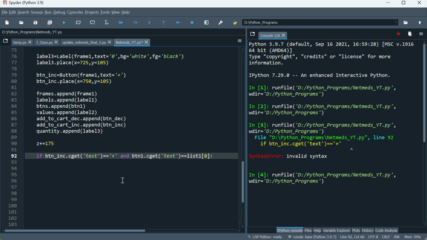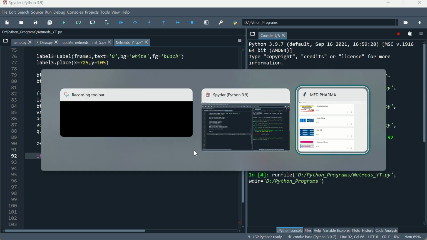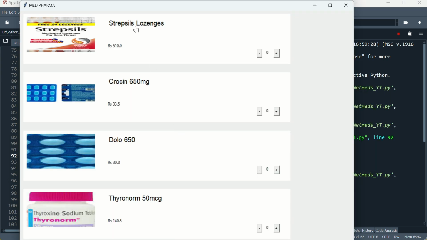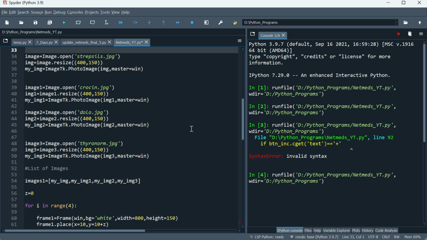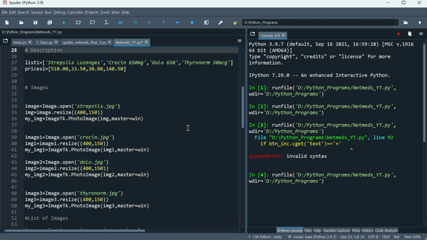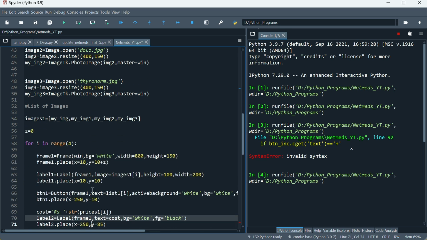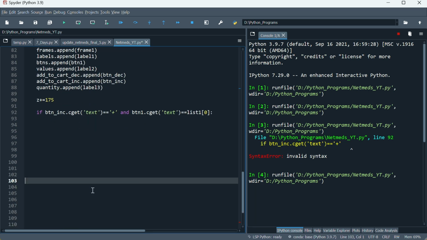So it is comparing if button_inc is equal to plus and button1.cget is equal to strepsils, then it will call the increment function. List1 of 0 is nothing but having a value equal to strepsils. So if it is plus and the medicine is strepsils,